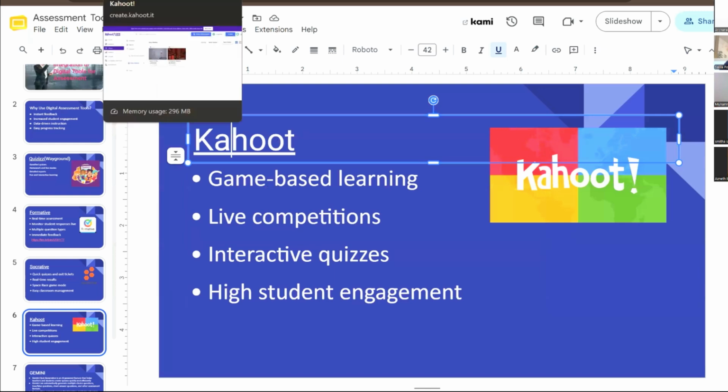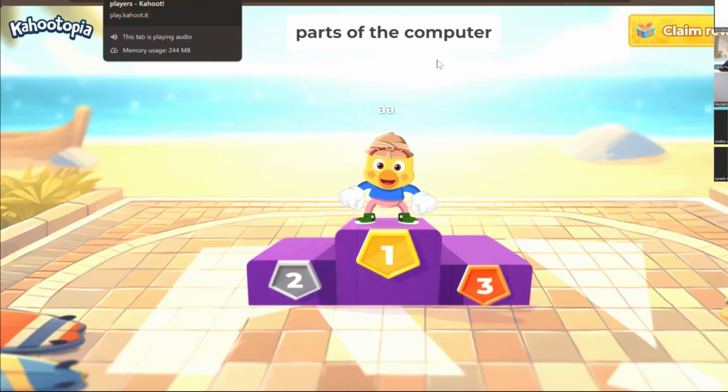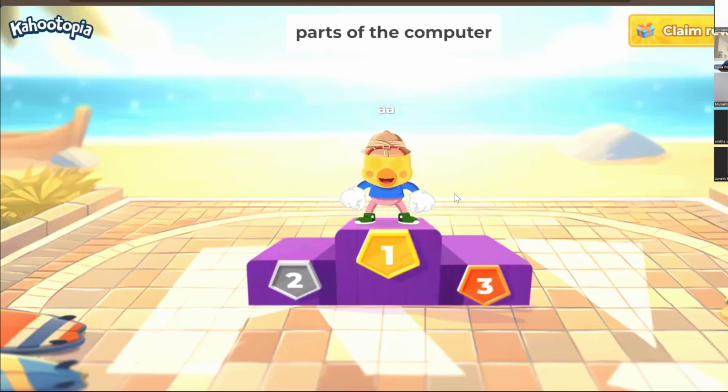Excuse me, ma'am. Yes. Ma'am, if we are using all these assessment tools right after a lesson for a quick check, and students don't have a smartphone, tablet, or laptop with them, can we still display the live report? How can we assess them? Is there any feature like assign? Yes, ma'am, we can assign it to the GCR, like a homework. There is an option like assign. So they can do it after a lesson, even if they don't have a device, right? Yes. Oh, okay, ma'am. Thank you.